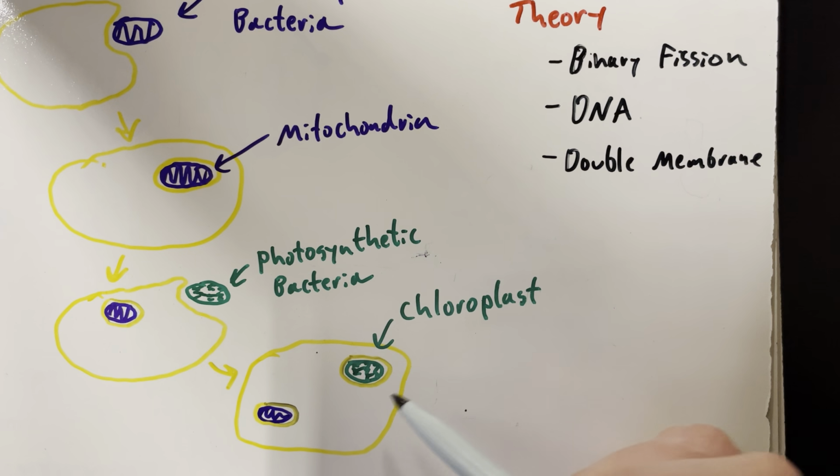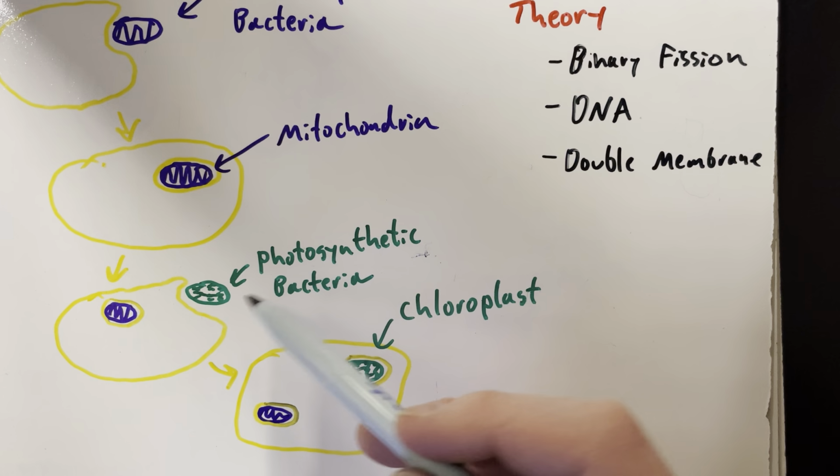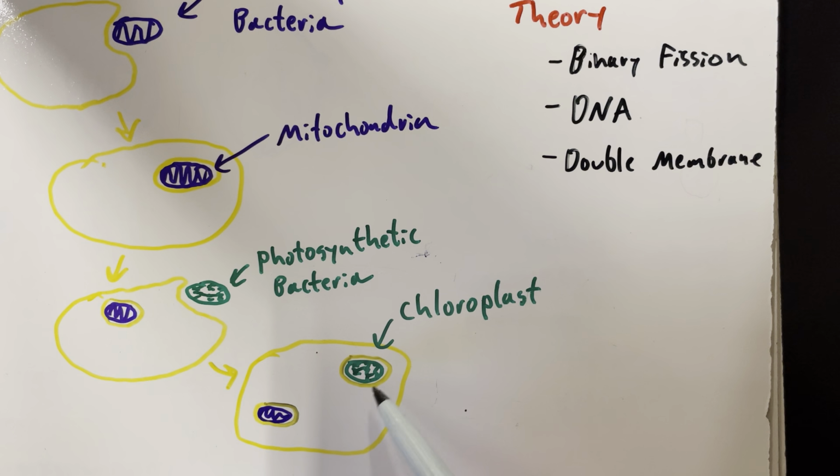Plus the DNA that's inside a chloroplast matches up pretty well with the photosynthetic bacteria. Chloroplasts have lost some of their genes to their host cell, so they're completely dependent on that host cell. It's no longer a symbiotic relationship. They're just part of the host cell. But it's kind of cool to think about.